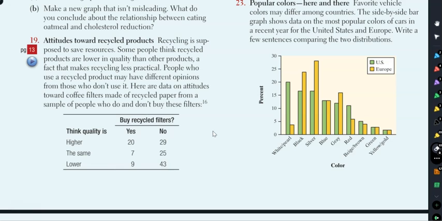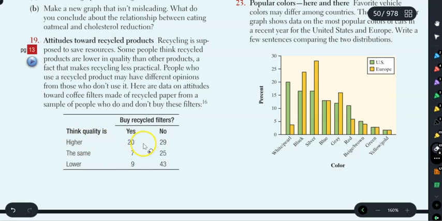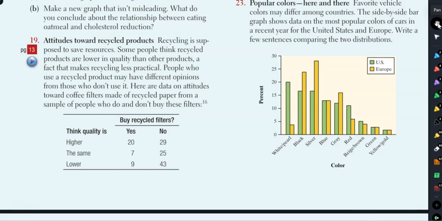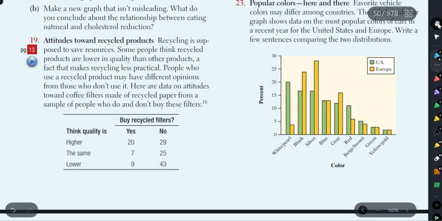So what we're looking at is we have row variables, which is, do they think the quality is higher? And we have a column variable, which is, do they buy the recycled filters? So the first question that it's asking you here is, how many people does this table describe? And then it says, how many of these were buyers of coffee filters made of recycled paper? So first of all, let's look at how many people this table describes. Well, remember, we've got row variables and column variables. So let's look this way. How many people thought the quality